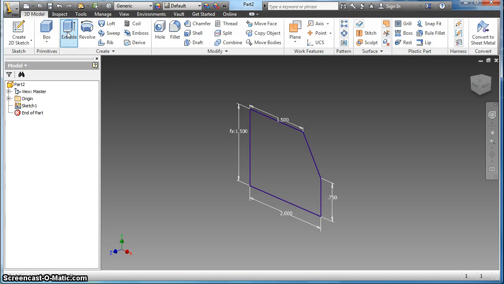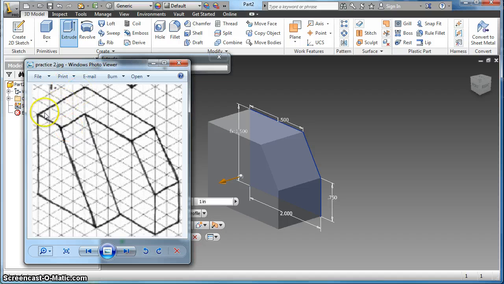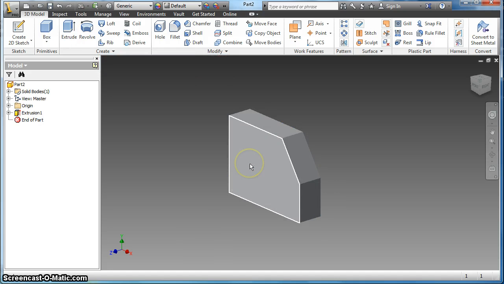and extrude it. Now you can either extrude this the full 1 inch, right, 4 squares, and then cut away part of it, or you can extrude it the ½ inch and then add on. Doesn't really matter, you're going to get the same result either way. So I'm going to extrude this a ½ inch, which is half of the object, and hit enter to create that. Now on this surface here, I'll create a sketch,